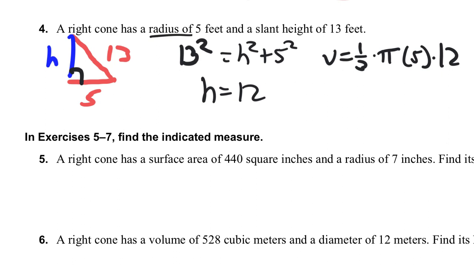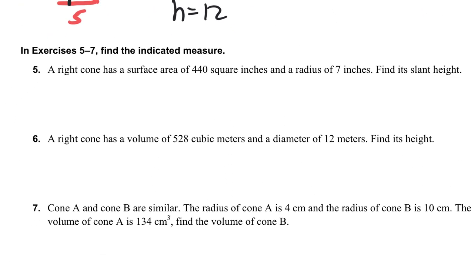And then we have number 5. Number 5, the surface area is 440. So 440 equals pi times the radius, which is 7, squared, plus pi times the radius times the slant height. Because pi is a type of number, let's just put these in as numbers. So let's do 3.14 times 7 squared, and you get